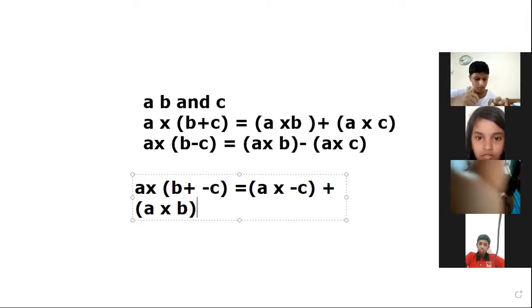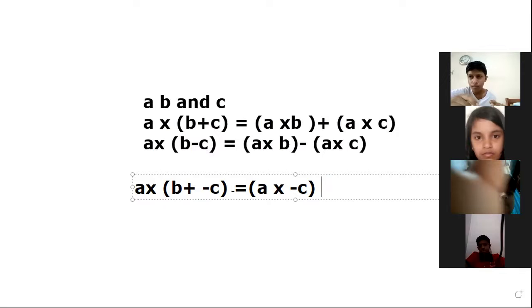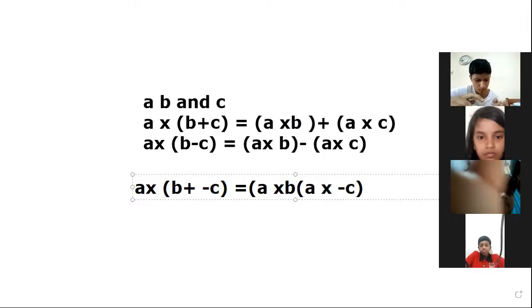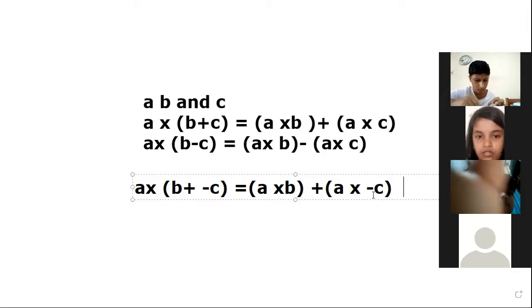Okay. Then what is A into minus B? Okay, don't worry. I am writing this in a similar order as we have written above. That is A into B plus. I think that should be confusing. Are you okay now? Okay. Now we have written it in the same format. Here A into B is written the same, that is A into B.